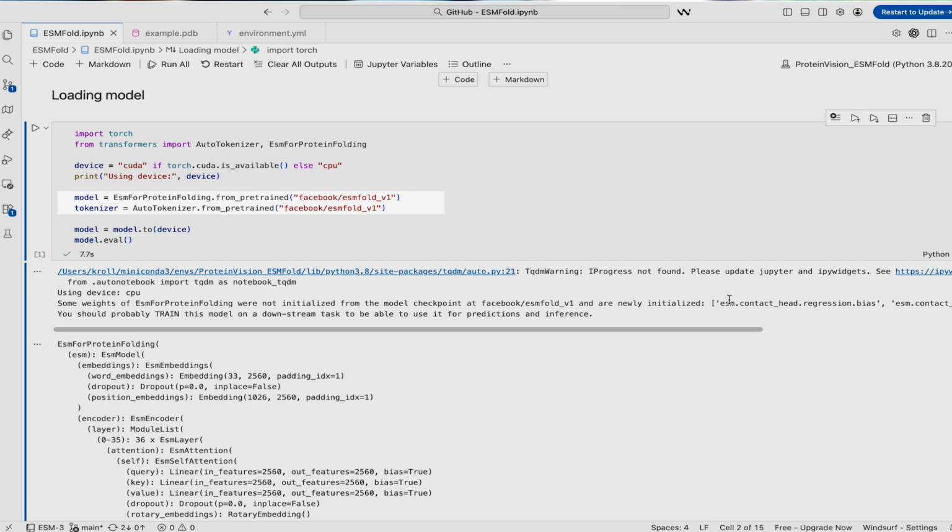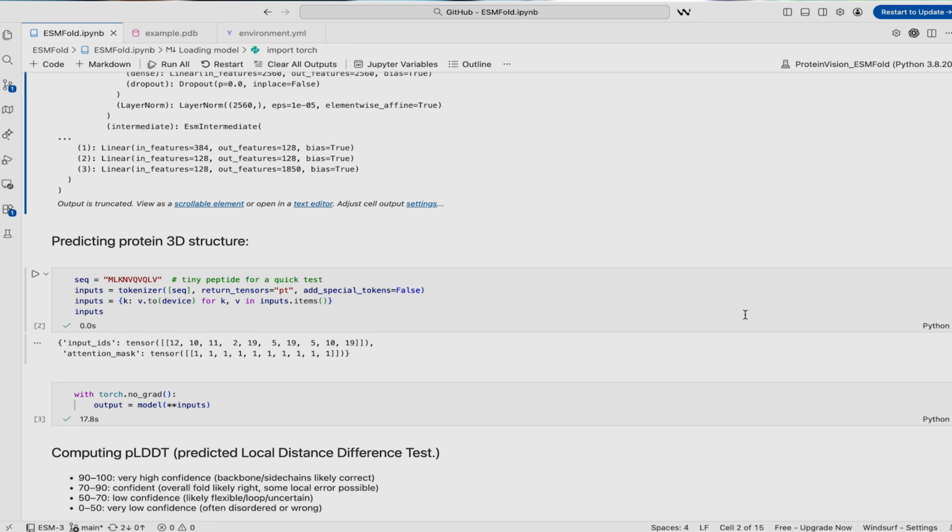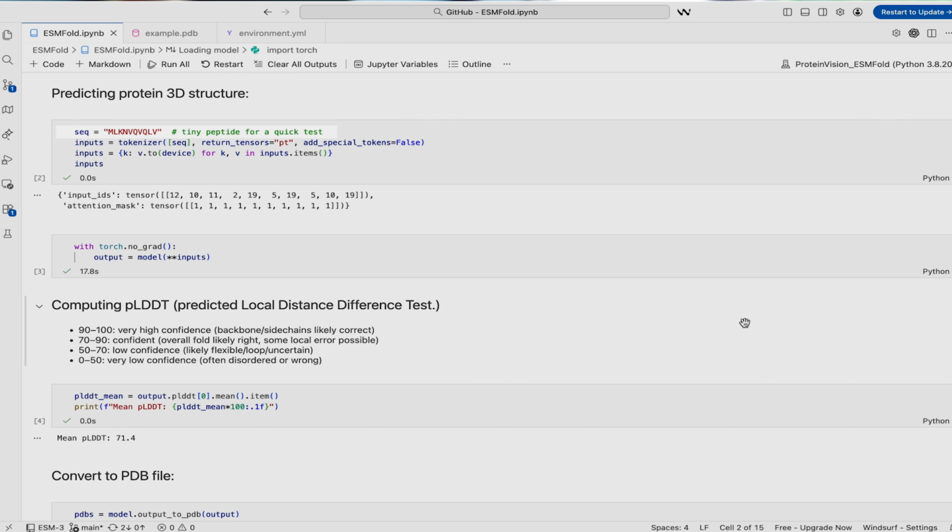First, we load the model. The initial load may take some time since the model parameters need to be downloaded. However, subsequent runs will be much faster. Depending on whether you're using a CPU or a CUDA-enabled GPU, we move the model to the appropriate device. We then switch the model to evaluation mode, since we only want to use it for inference and not for training. To begin, I will demonstrate a small toy example with a protein amino acid sequence with only 10 amino